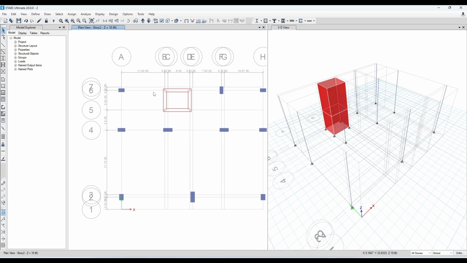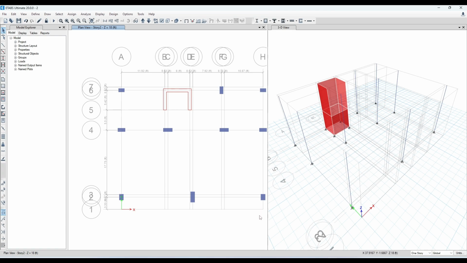Okay, now look carefully, this is the portion from here to here, this is the portion which will remain below the EGL. Okay, that means below the soil. That means for this story closed shear wall is okay, but for story 2, that means from ground floor to first floor, we need an opening here. Okay, so let's select one story, then select this portion because for this side we need to create the opening, and delete this one.